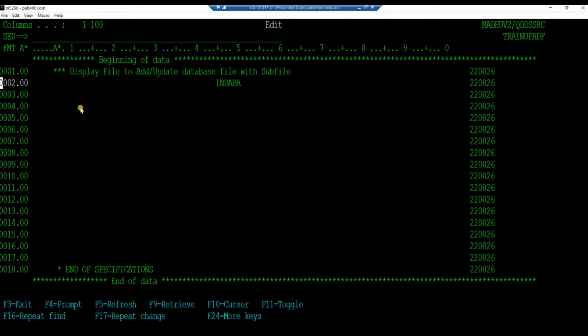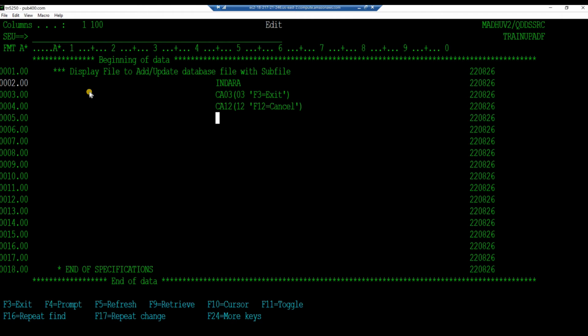In the next line, under column functions, enable the F3 key, CA03 within brackets, indicator number 03, text F3 equals exit, close bracket. Next line, enable the function key number 12, CA12 within bracket, indicator number 12, text F12 equals